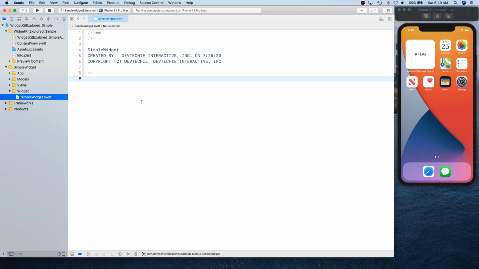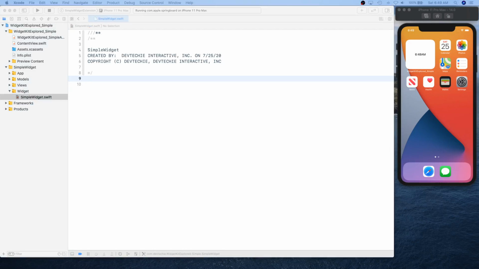Okay, there we go. So let's go ahead and create the first thing. The first thing that you need is basically a model for your widget. The widget that we're gonna create is again gonna be a time, but we're gonna actually display it a little bit differently. We're gonna display the date, sort of a calendar with date and month. So we're gonna get the day, date, and month, these 3 shown in the calendar.